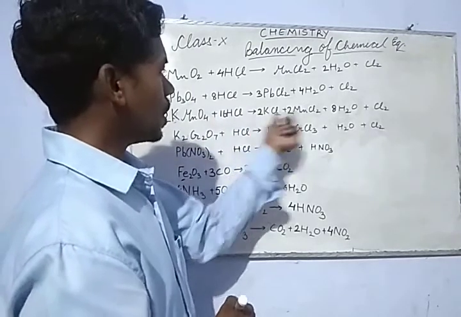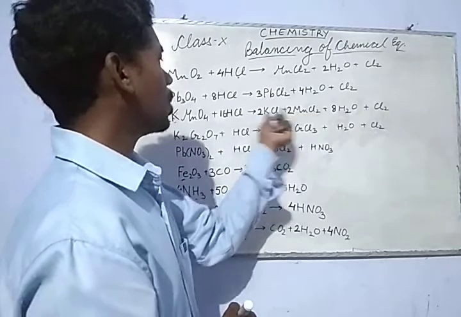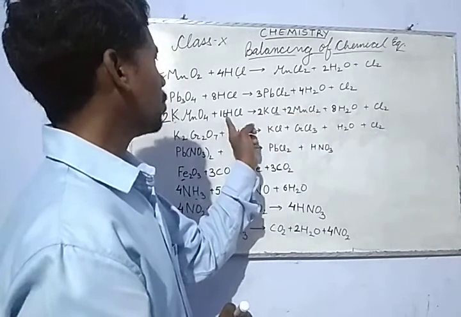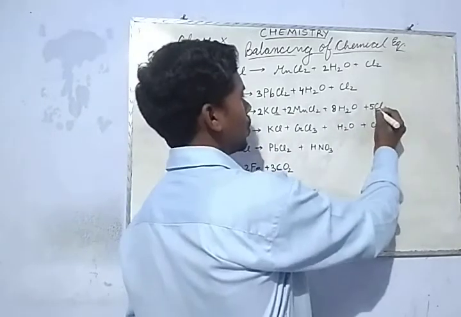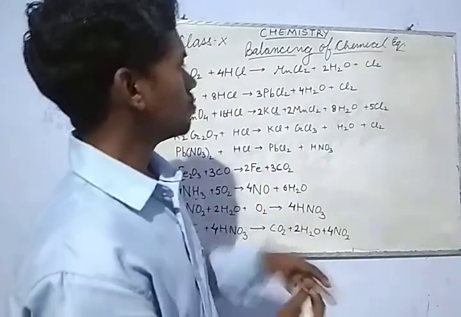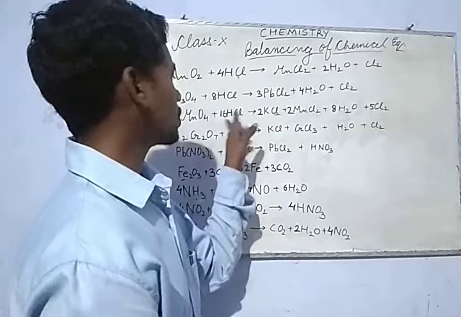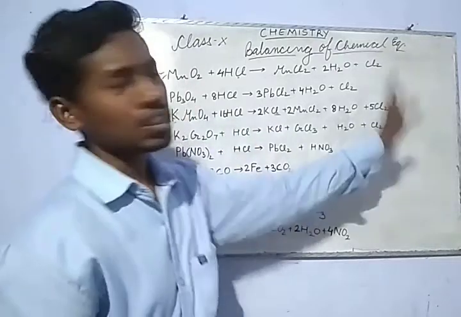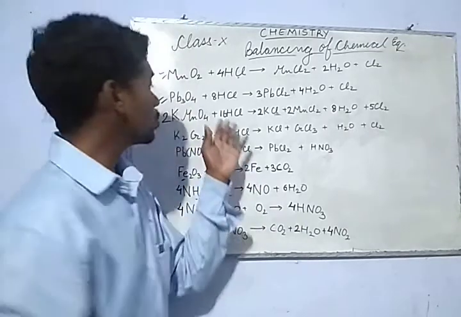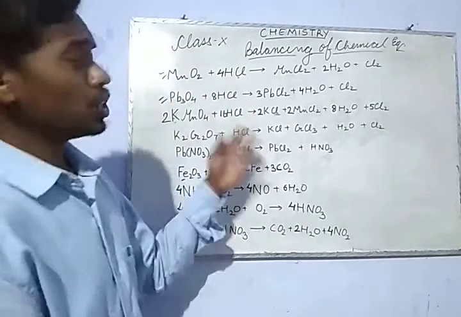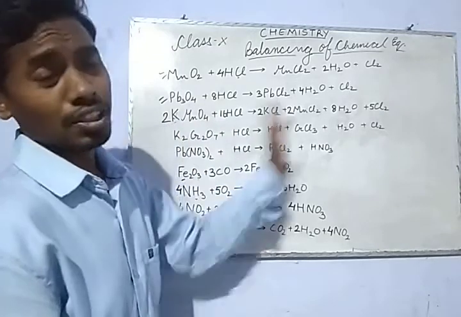2 chlorine here and 2 2s are 4 chlorine here. How many chlorine? 4. So 4 and 2, 6. How many are left? 10. So let's make 5 here. So 5 2s are 10 chlorine. 10 plus 6, 16 chlorine, and here also 16 chlorine. So now the equation is balanced. So again you saw that we go for electropositive elements, then oxygen, then hydrogen, and then the rest of it. Okay.